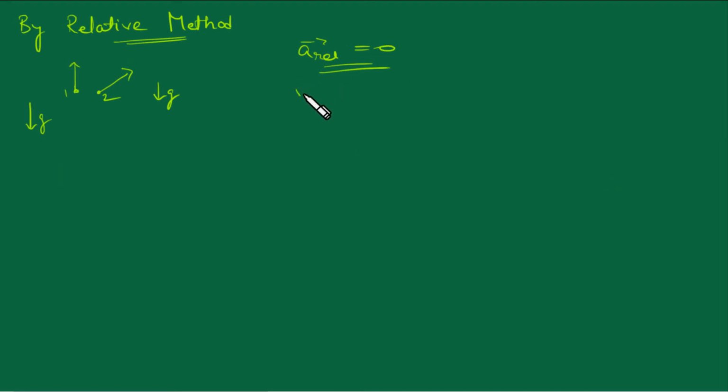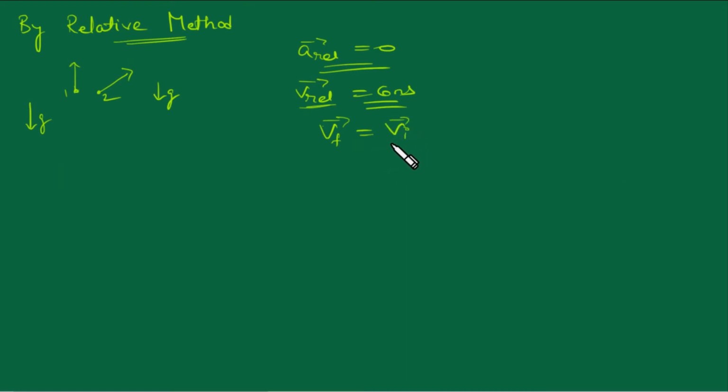And relative acceleration is 0, it means relative velocity is constant. This is the main thing. Means with respect to time, velocity of one particle as seen by the other is not going to change. And when I am saying a vector is constant, I am saying that direction and magnitude both are constant. So relative velocity constant means V final will be equal to V initial.